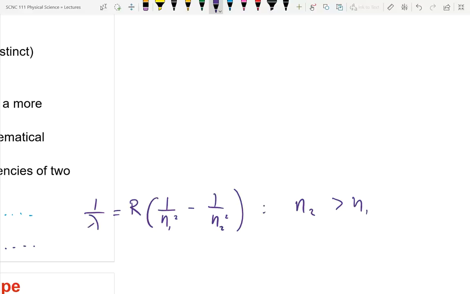And so n1 is the number that identifies the person who came up with the line series, you know, Lyman, Balmer, whatever, Brackett, Pfund. And n2 is some integer larger. So they had this organized set of mathematical equations to predict what the